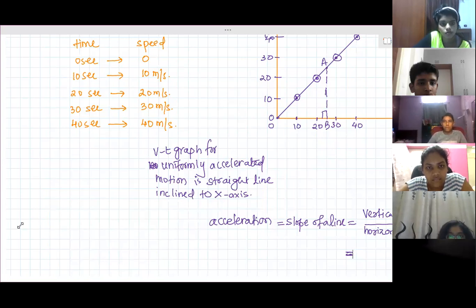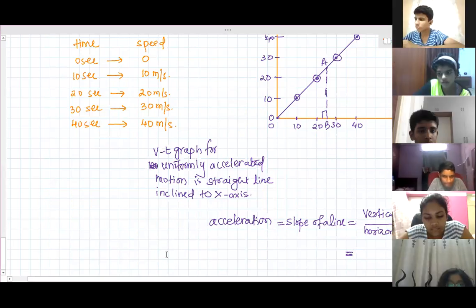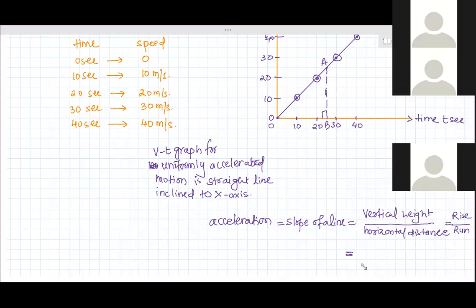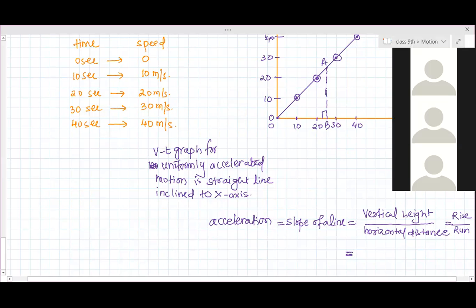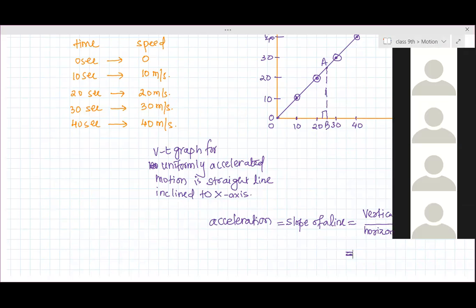Whoever have switched off their camera, that means all of them are not listening at all. Then I'm sure I can tell. There are only 6 to 7 students who are concentrating in the class. All others are only joining because their parents have told them, and they know they can write all the answers.